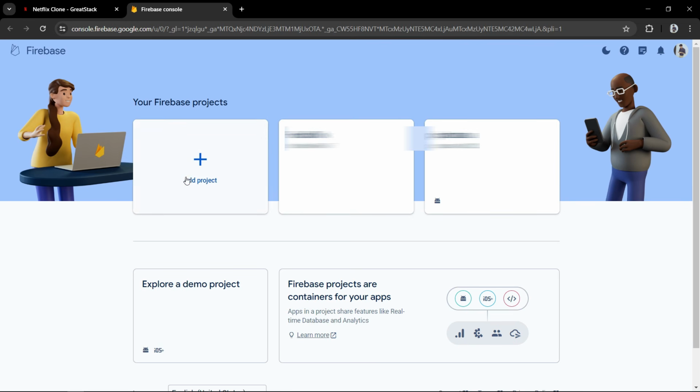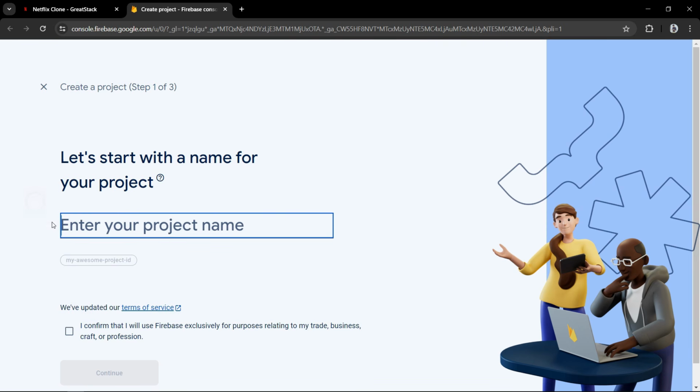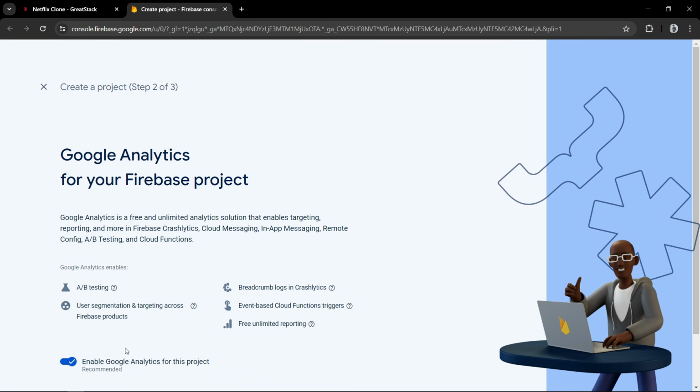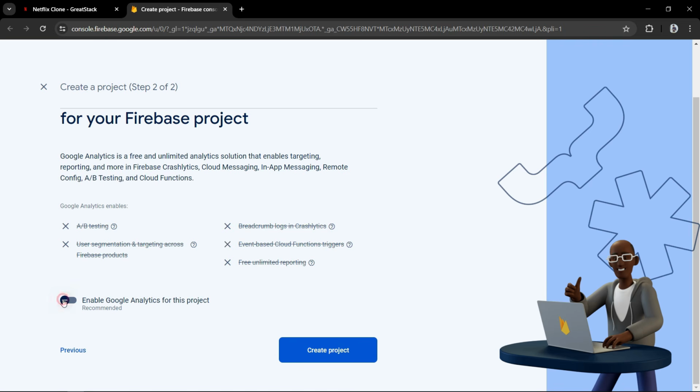Then click on Add Project. Here you have to provide the project name, so we will add Netflix clone. Then click on this checkbox and continue. Here I will turn off this Google Analytics. Then simply click on Create Project.